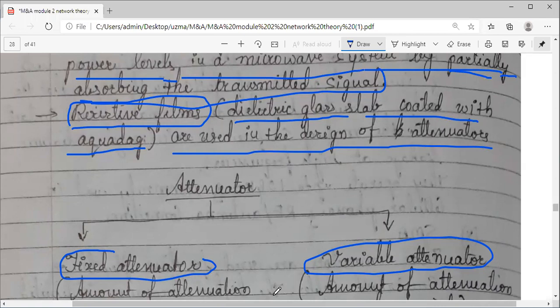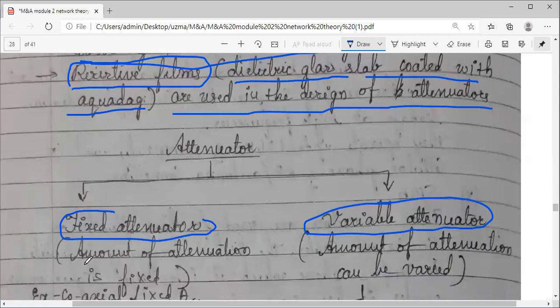Variable attenuator means that as and when required, if we want the attenuation to be slightly variable at certain points, at instantaneous times, we can achieve this. Throughout the length, it may not be the same. That is called a variable attenuator. So there are two types: fixed attenuator and variable attenuator.